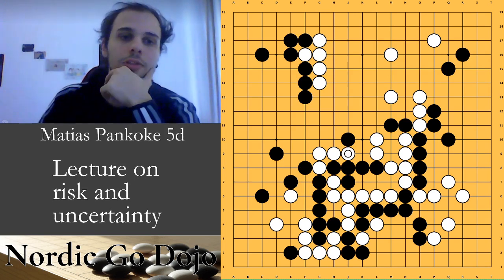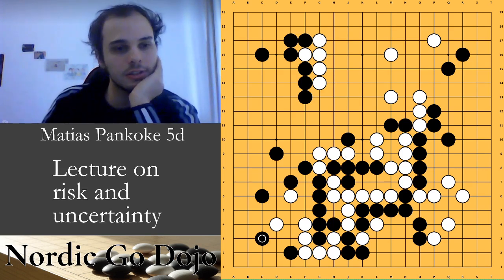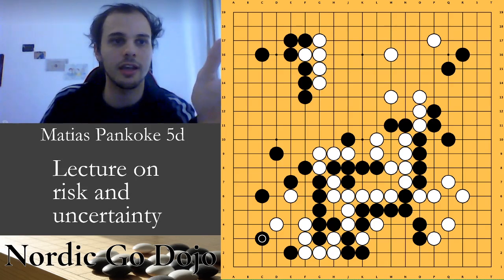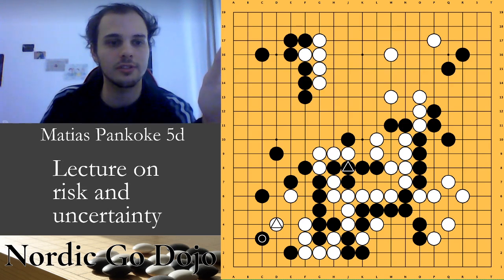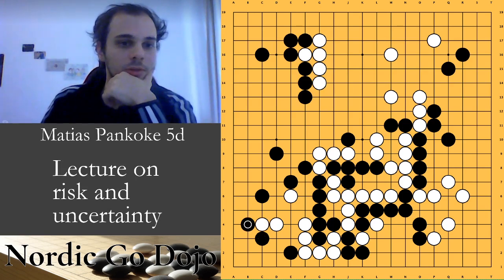And now things are a bit clearer. I sacrificed those stones, but now I get to invade the corner and I made things certain for me because, okay, I gave up my stones, but now the uncertainty and risk is on white. White has to see how he can handle this group. And in the game, actually, white could maybe have played like this and